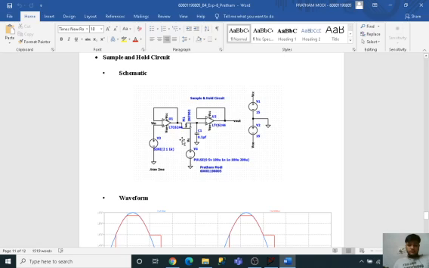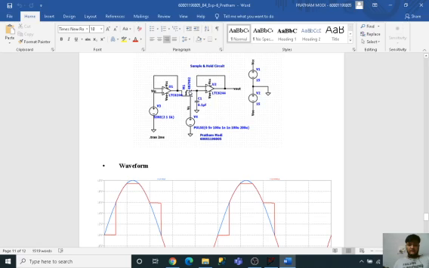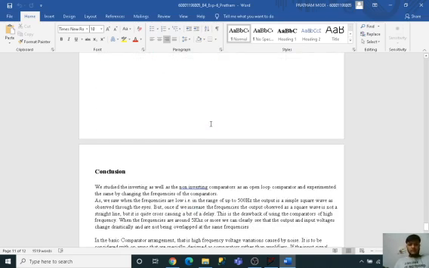Over here we have used an n-channel MOSFET, E-MOSFET you can say, and this is how the outputs are being generated. The capacitor C faces a high input impedance of the voltage follower. This is the voltage follower A2. So this is all about the experiment, and thank you so much.